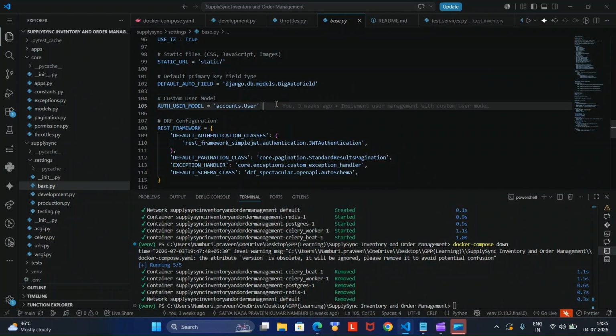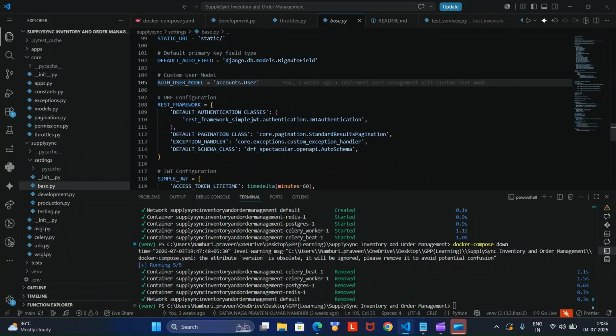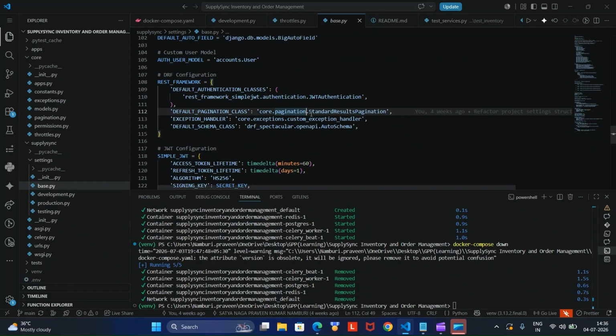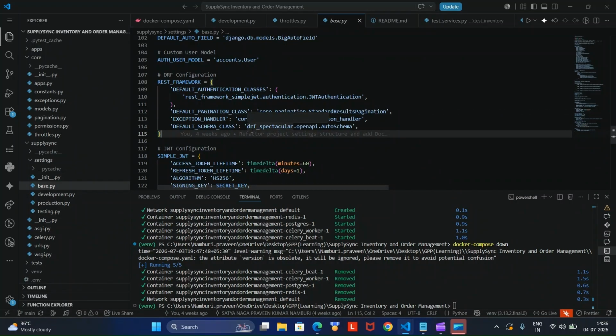And user models. Django provides a default user model, but we have defined a custom user model that will be set in the models.py. I'll show you that. And REST framework configuration, DRF framework, what we are using, simple JWT authentication and paginator class. You can see that pagination.py in core, and the class name is standard results pagination, and exception handler, and default schema class drf